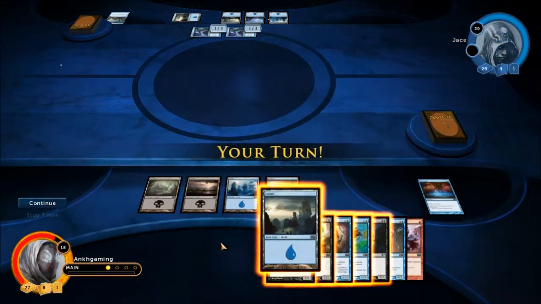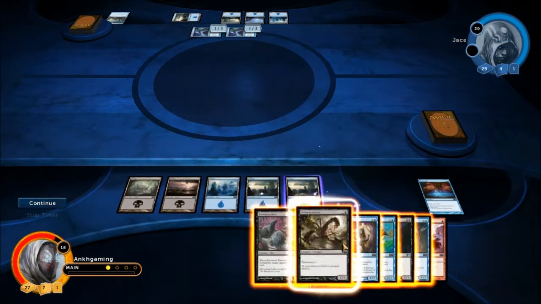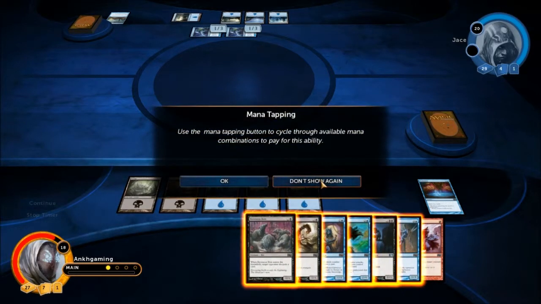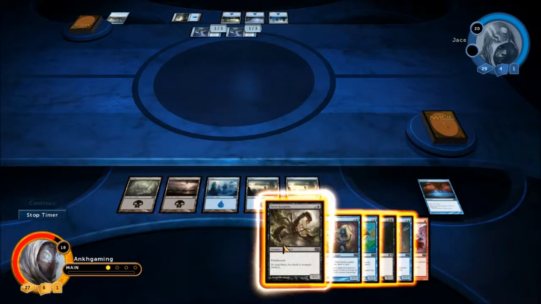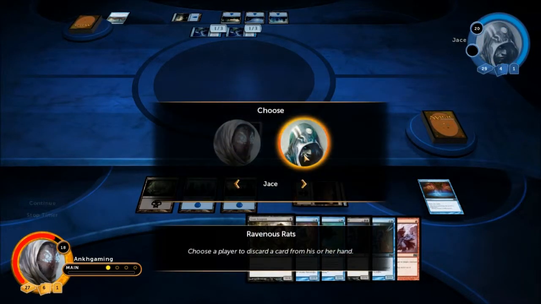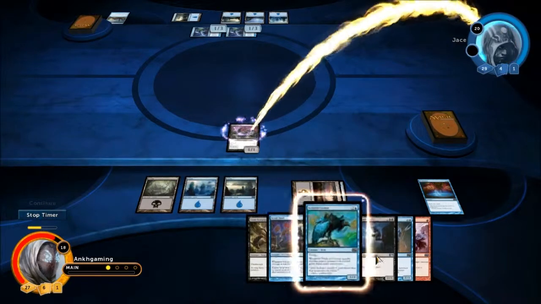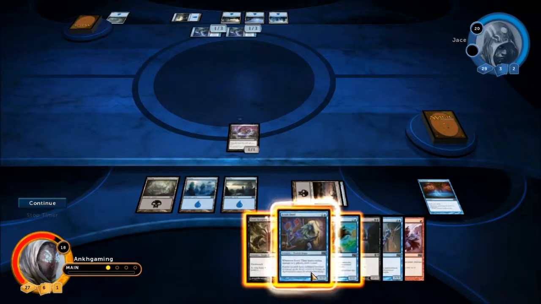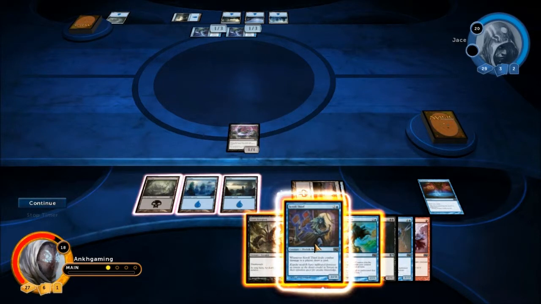And that's his only play for the turn. That's not very good. I don't know what counterspells are in the game, but what I want to do is go ahead and just play Ravenous Rats. Get Jace down a card, why not? I could have gone for the option of playing Fairy Invaders to surprise block one of his guys, but I'm more afraid of counterspell than I am of...